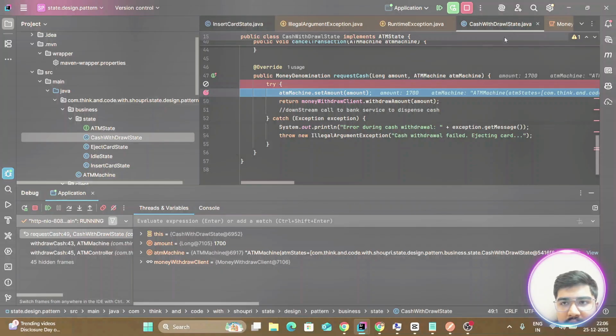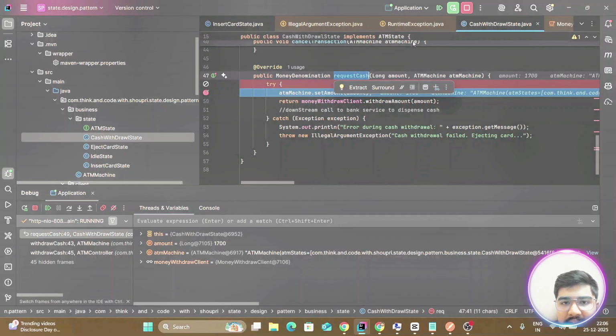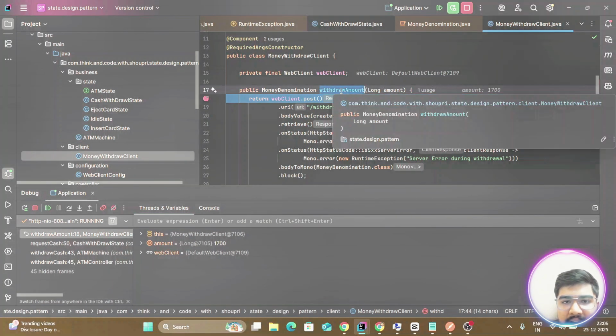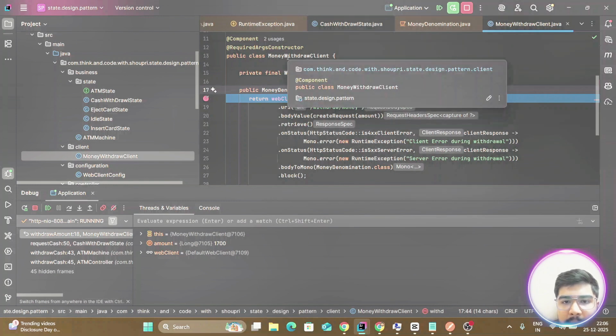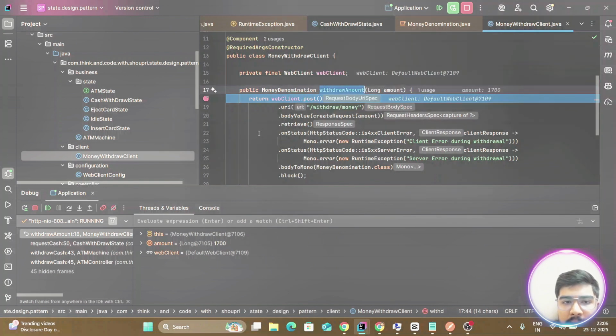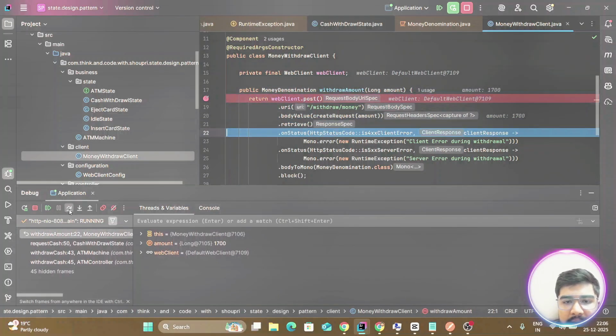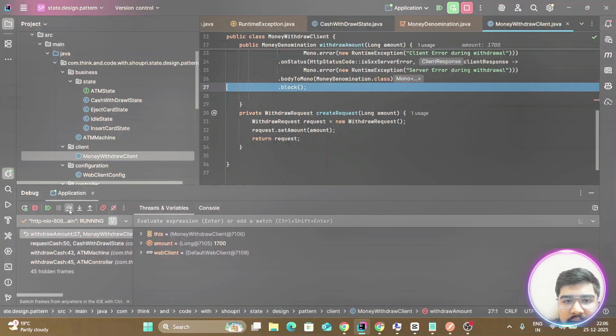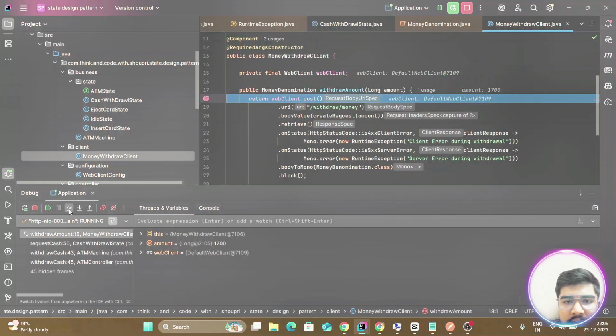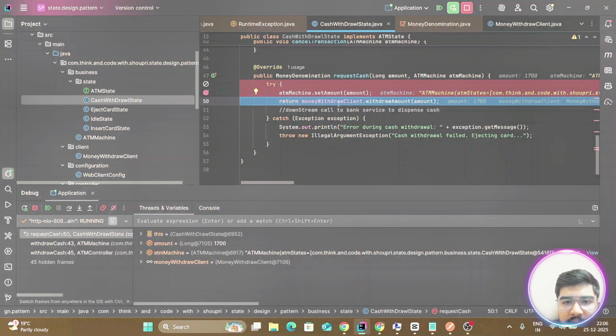Go further. Now you can see on my cash withdrawal state, the request cash method has come to exactly the cash withdrawal state. Now if I go further, it comes to my client, which will try to make a backend call to port 8080 where my bank server, the chain of responsibility, is running. So let's see, it's made a call, everything is fine, the application is running, and it got the response. Now you can see the call has come here, so that means my server call is fine, it's still on the try block,